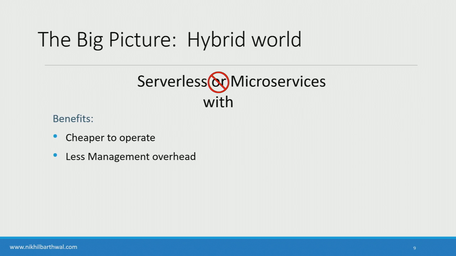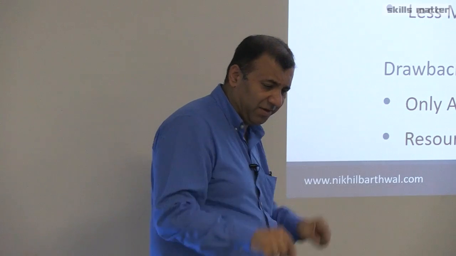Well, you have the benefit that it's cheaper to operate because it's sub-second billing, more pay-as-you-go. You have less management overhead. The problem with serverless is you only support an asynchronous method of communication. So what if you want a synchronous method? The second thing is you have a resource limitation, right? You can't have a long-running process as one serverless function. I mean, you can split it into many functions, yes, but you can't have one function doing a lot of work. I think AWS puts a limit of, I think, 5 minutes or 7 minutes, or there's some kind of limit like that. I don't know exactly, but it's around that figure.